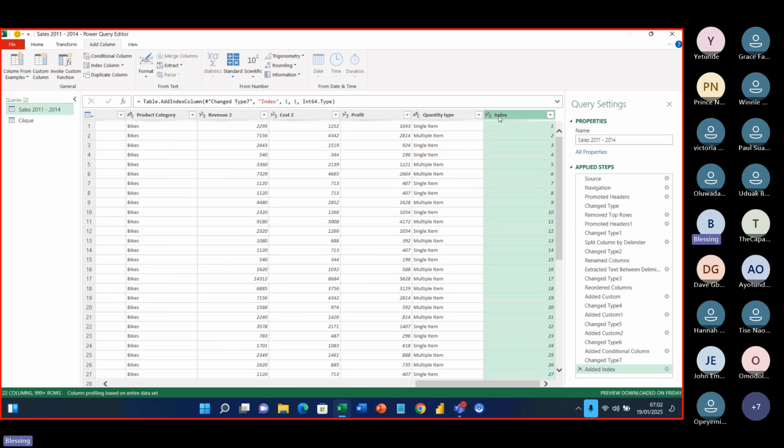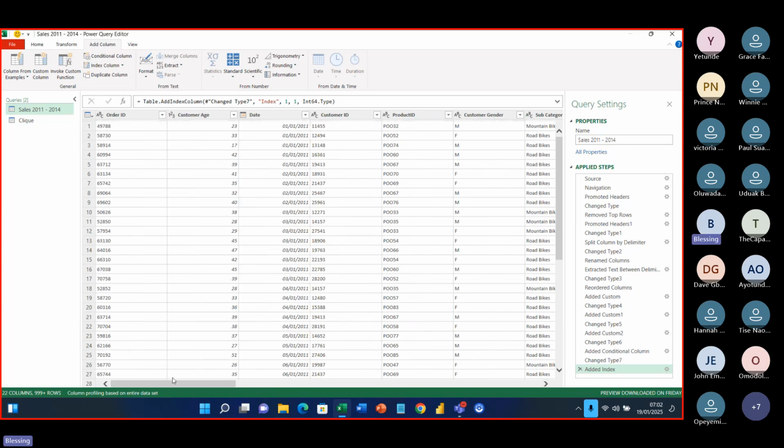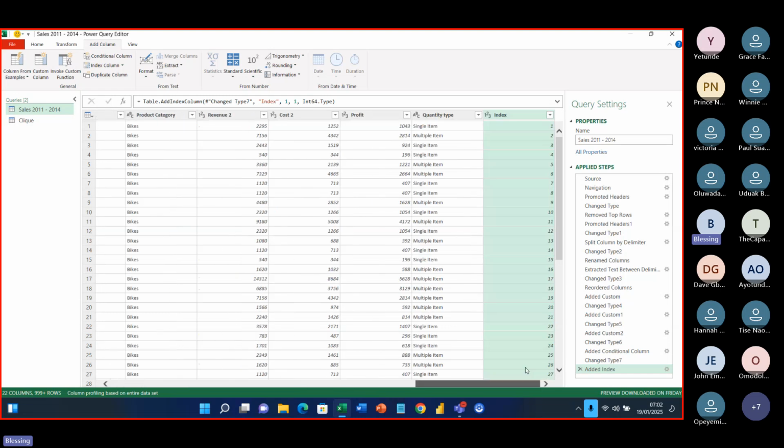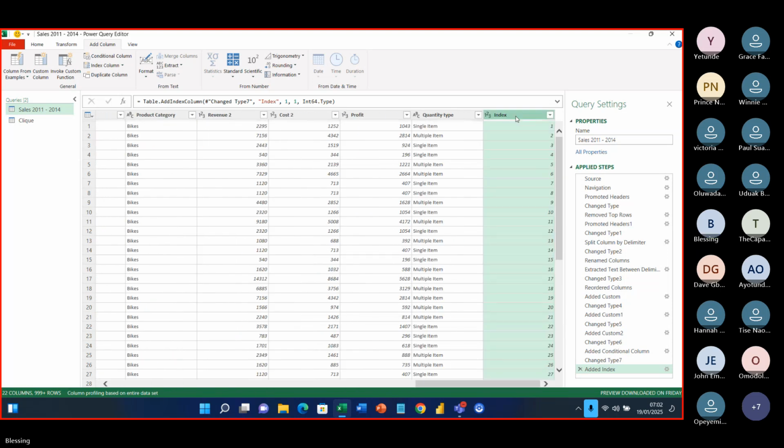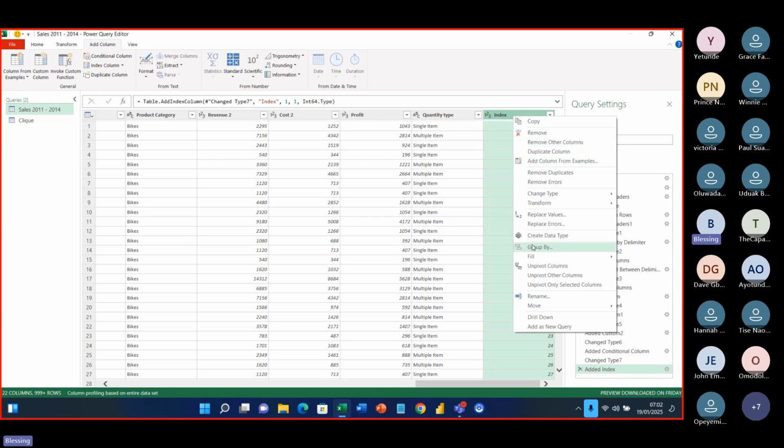If I want to drag this index column and put it at the beginning, to be the first column here, some people do it by dragging, pressing down the left mouse and dragging. But what if you have a table that contains like 20 columns? If we really drag from the beginning down to the end, it's going to take a while. So to take this index column from where it is, at the end, to the very beginning, all I have to do is select the column, then right click, and go down, you see the option